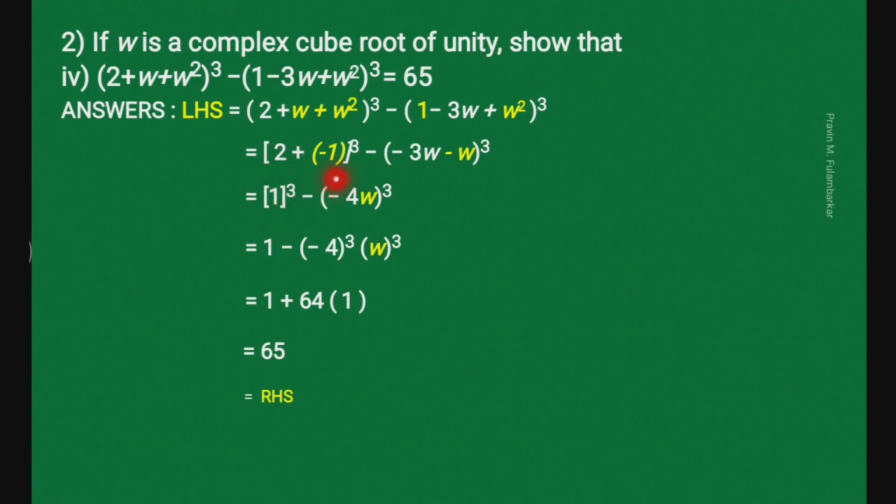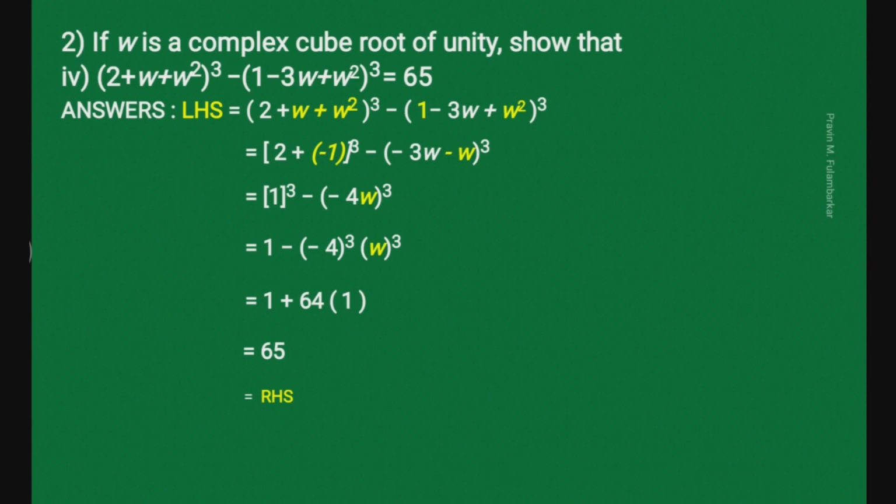So then we first add this. So 2 plus minus minus 1. So 2 minus 1 we get 1. So we write bracket cube. So 1 cube minus, here minus 3 omega minus omega, we get minus 4 omega. So we write 1 cube as 1. Then we have to take cube of minus 4. So minus sign is before these two terms, because these two terms are in product form, and this bracket cube. So minus 4 cube into omega cube. Minus 4 cube is minus 64. So minus minus gets plus 64. Omega cube is 1. So 1 plus 64, we write 65, which is RHS.